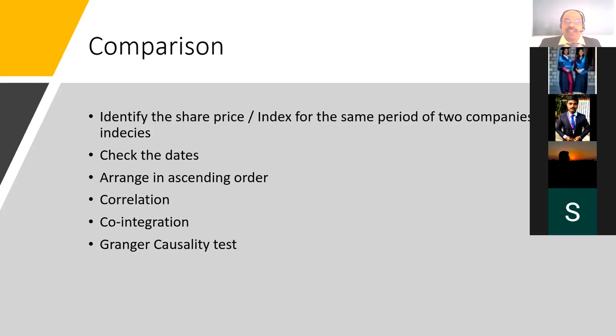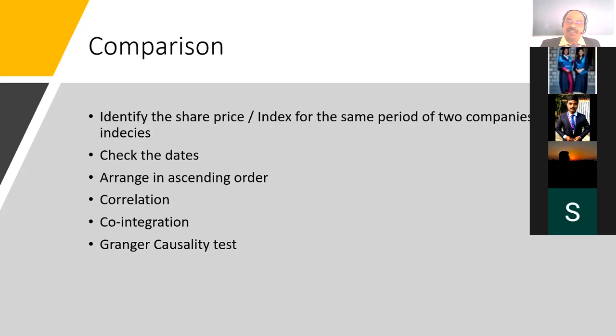Behavioral finance, high frequency financing. Whether it is high frequency financing or not, you have to use the co-integration test. That is the purpose. Most of you have failed. You are simply using the co-integration test. When we ask what the lag of the co-integration test is, you are unable to answer. That is why I'm telling you in the beginning itself: what is the co-integration test, then the Granger causality test.